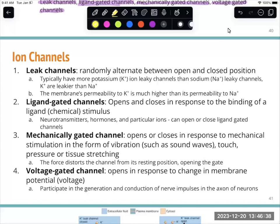The main thing is with these leaky channels, we have more potassium leaky channels than sodium leaky channels. Potassium is more leaky than sodium. That's like the main difference here. Ligands, mentioned neurotransmitters, but hormones can bind to those ligand-gated channels and even certain ions. I mentioned that mechanically gated, so if a force distorts that channel to open it,